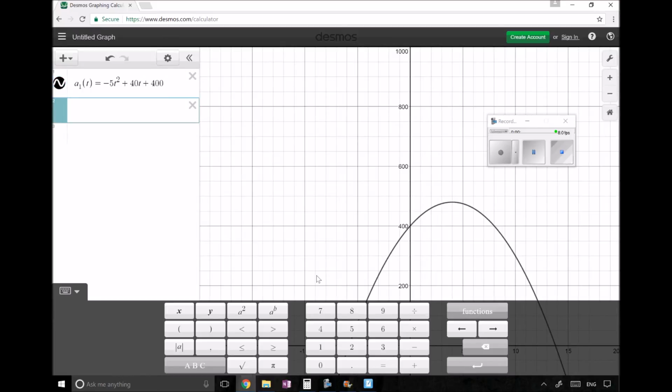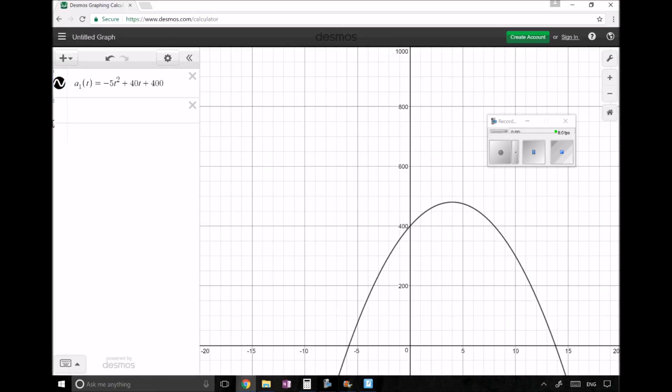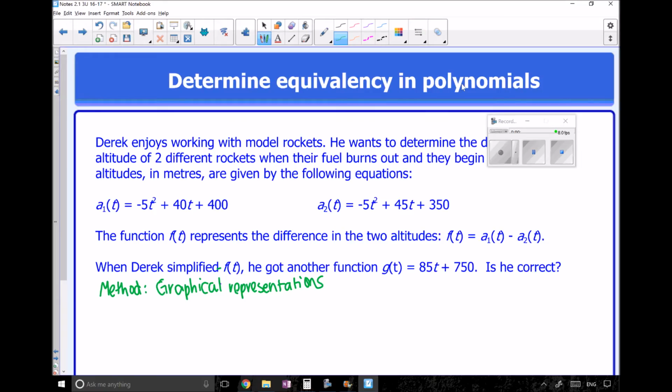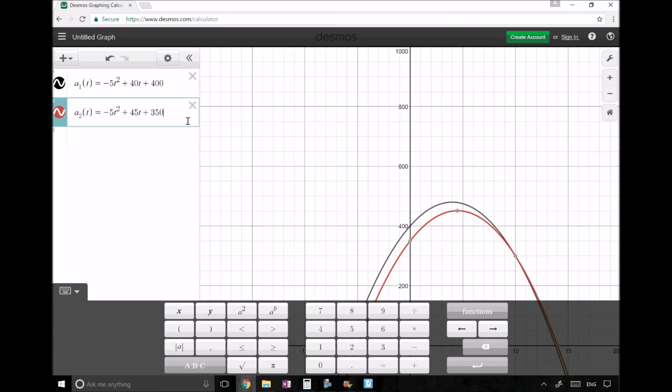Okay, so this is what a sub 1 of t is going to look like. We also know that a sub 2 of t is equal to negative 5t squared plus 45t plus 350, I believe, right? So we know our two a sub 1 and a sub 2 functions. Now we also know that f of t is equal to a sub 1 of t minus a sub 2